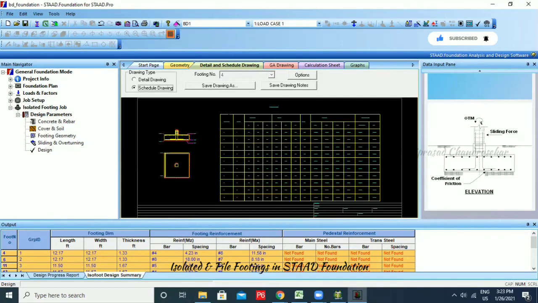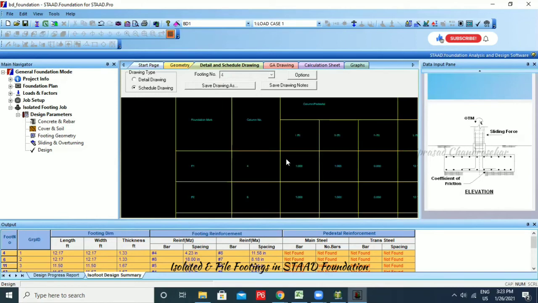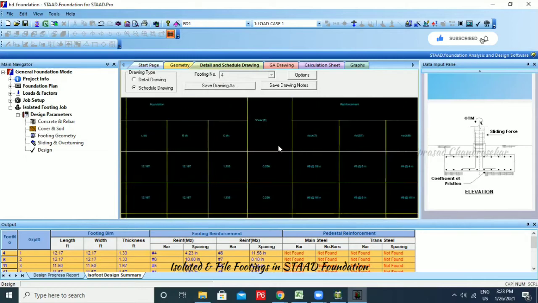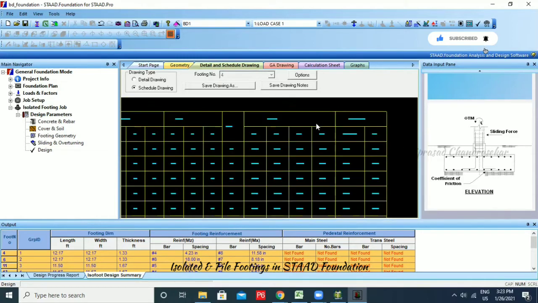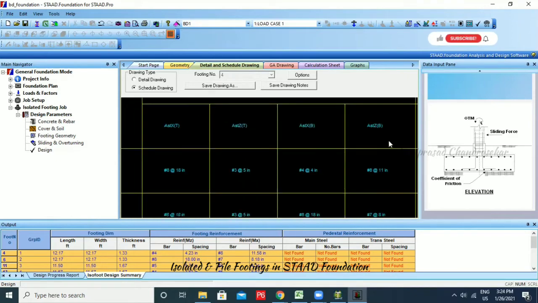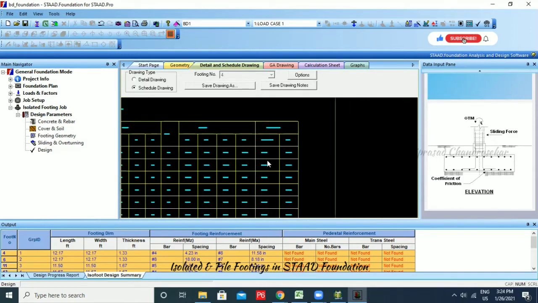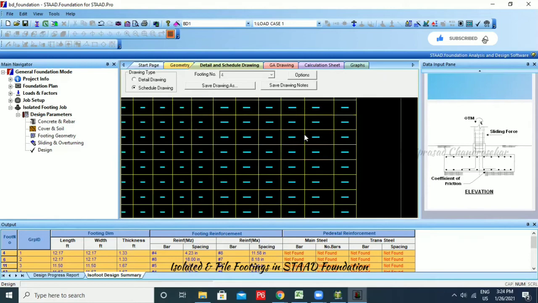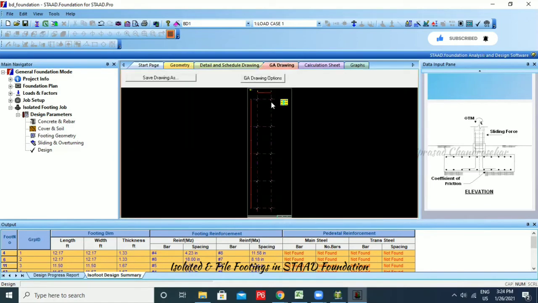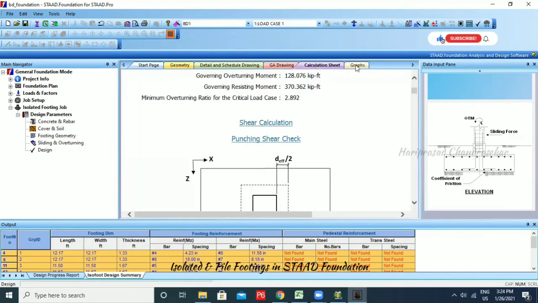So schedule drawing, schedule drawing also we can directly go. So foundation mark, column number, column pedestal, foundation. So AST, main reinforcement, and then the stirrups. So these things you can get from it. See even this drawing, these drawings we can export directly from here.